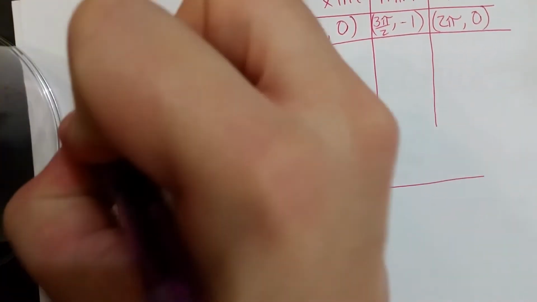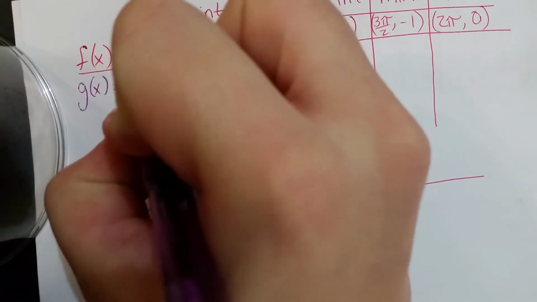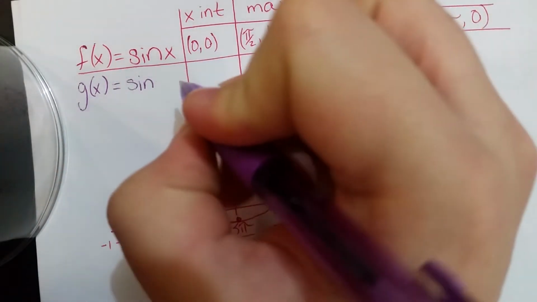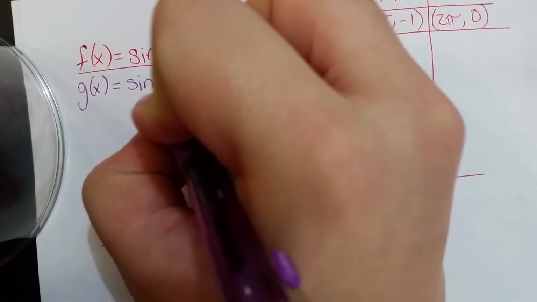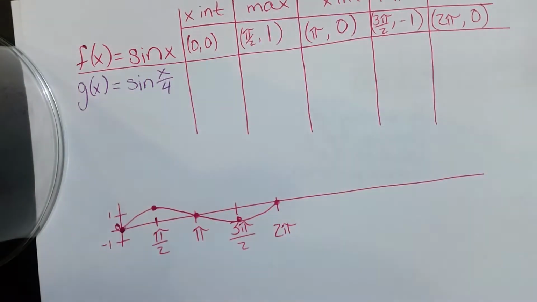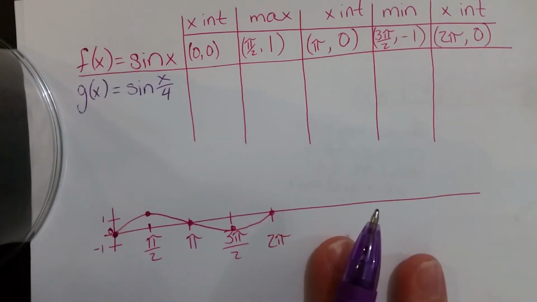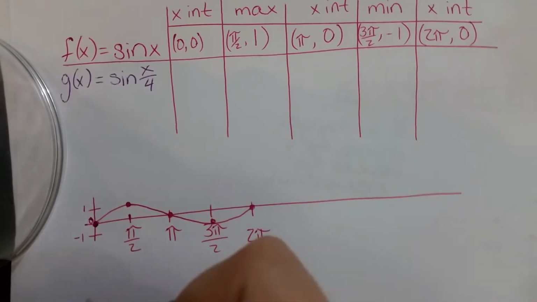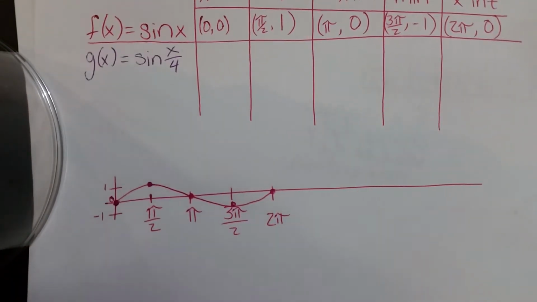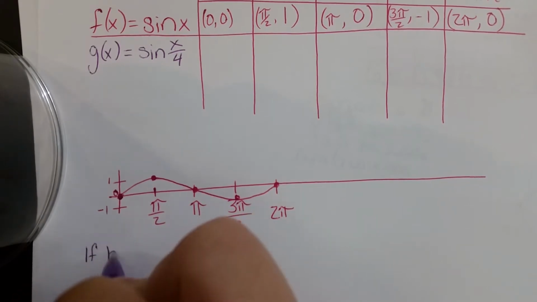So let's look at an example here. Let's say I have g of x equals sine of x over 4. Okay. Basically what you need to do is, if b changes, I'm going to write this down here so I don't run into anything else I'm doing. So if b changes,